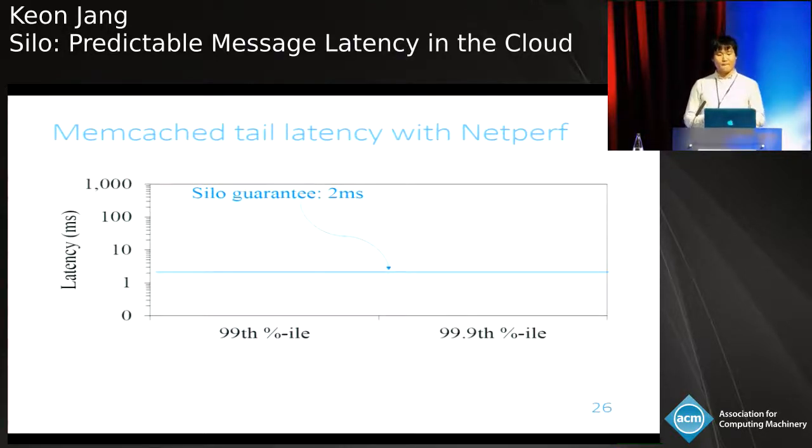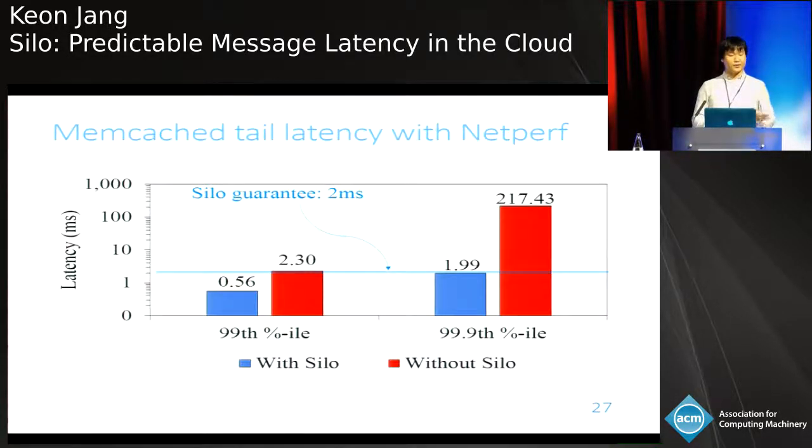To do so, we measure Memcached running in isolation and use the throughput and packet size observed from the run to provision the network. So here's the result. The blue bar is with Silo and the red bar is without Silo. At the 99th percentile, Silo improves the latency by a factor of 4 compared to not using Silo. And at the 99.9th percentile, without Silo it suffered timeouts, while with Silo it still stays within the guarantee of 2